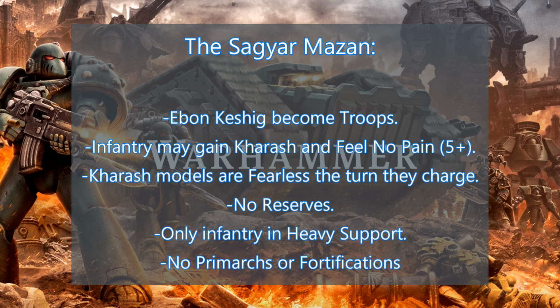This is good. However, the Sagimasana Rite of War gives 0 buffs or advantages to the army that actually are going to help them win close combats. They are a bit more tanky in close combat thanks to Feel No Pain 5+, but it is not going to save you from a brutal Thunderhammer to the face. Because, strength 8, toughness 4, do the math. Now, if they had additional attacks on the charge, if they had furious charge, things like that, then we'd be in a different situation. But as it stands, it is a painful Rite of War, and it's made worse because